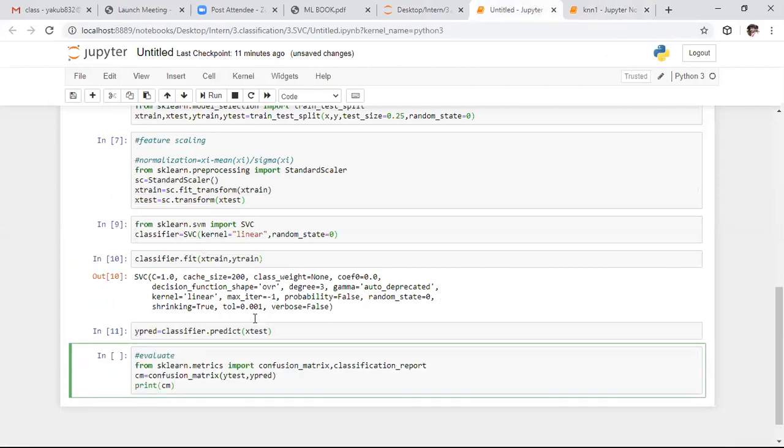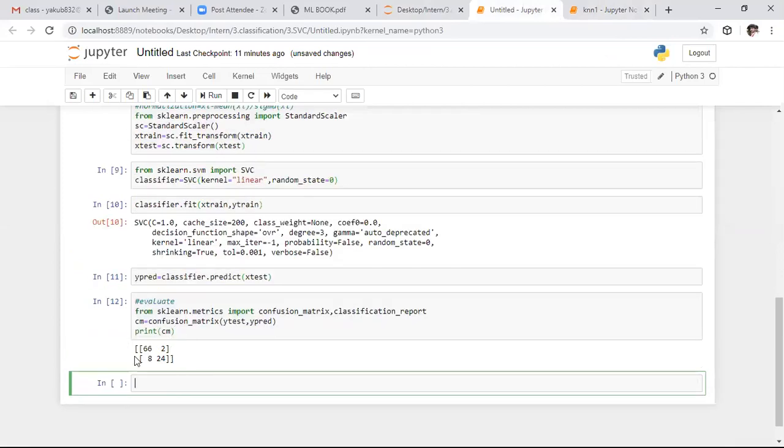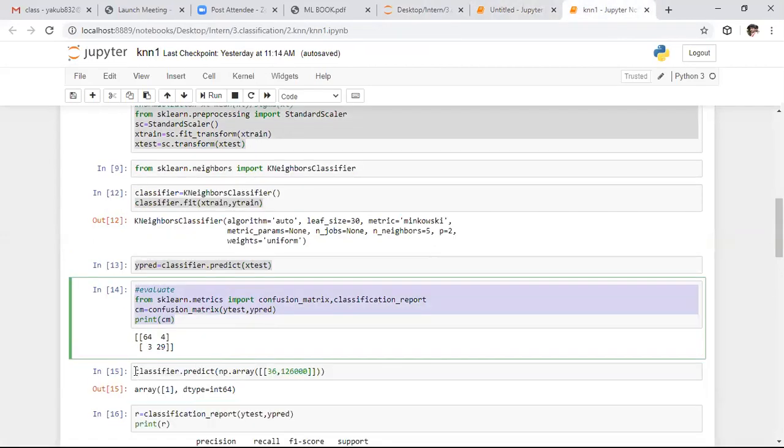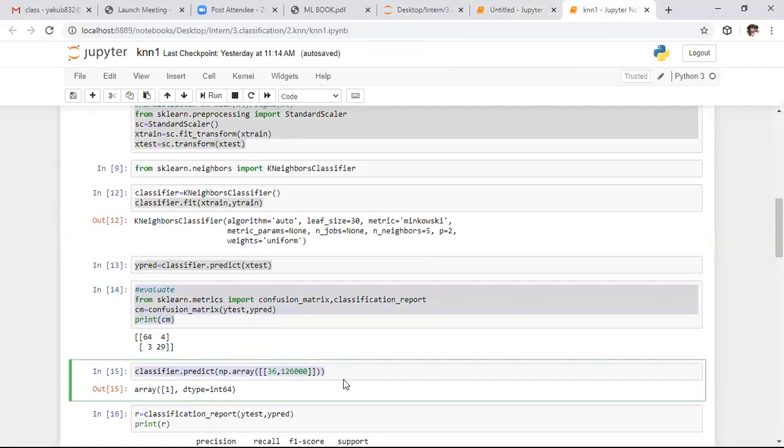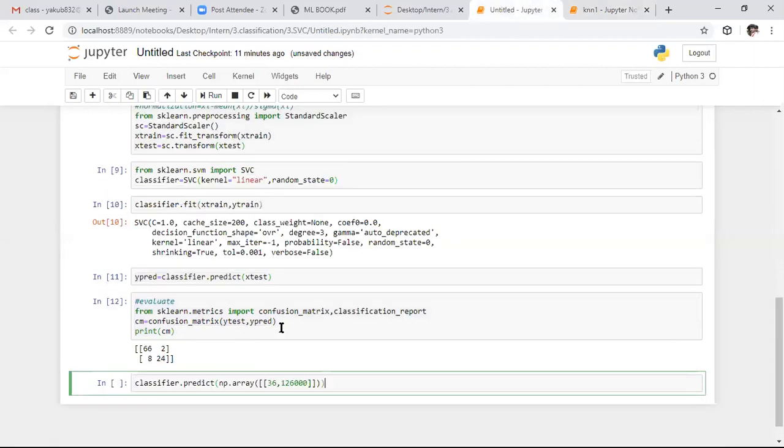If you observe the confusion matrix produced by this algorithm, out of 100 points, it is classifying 90 points correctly and 10 points wrongly. That is nothing but this algorithm returning 90% accuracy. So for that purpose, I want to predict one point and check whether it is predicting properly or not.